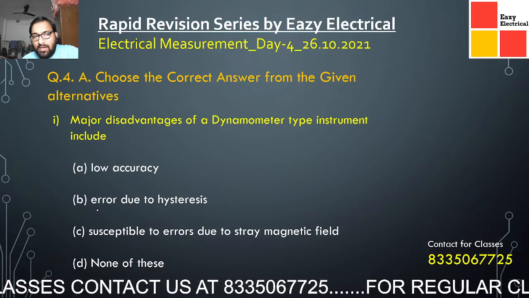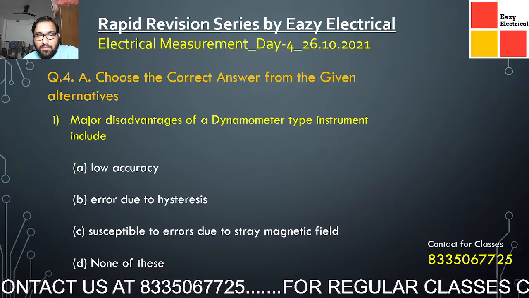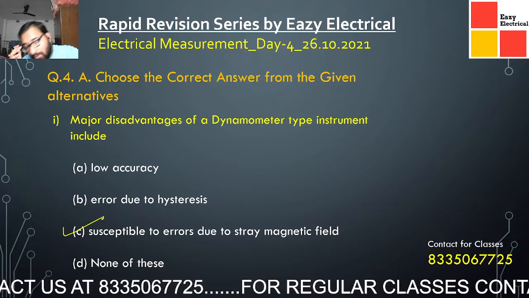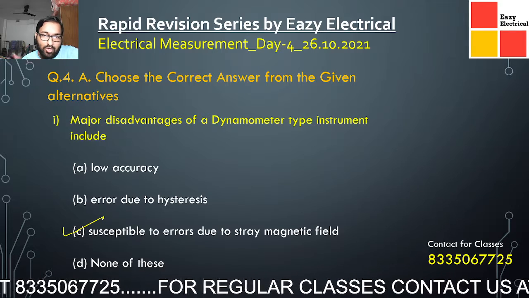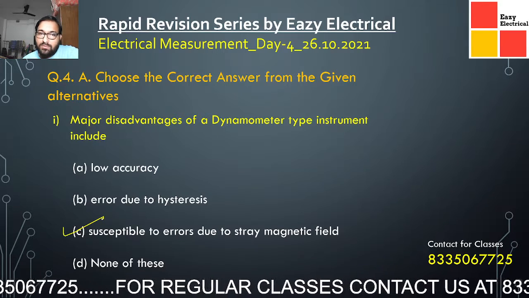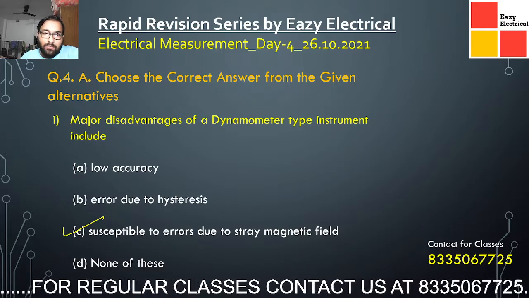Basically, the errors that we observe for dynamometer type instruments are that they are susceptible to errors due to stray magnetic fields. Whatever stray magnetic field is there causes an error in the instruments. So this is one of the major errors that we have. Now